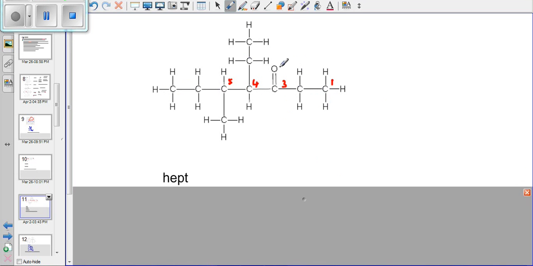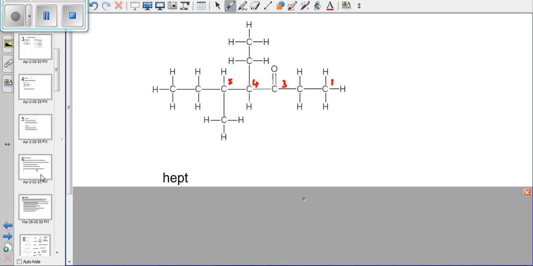Then we must start naming from the double bond. The carbonyl group must be part of the longest chain, and we see that the carbonyl group is on the third carbon. If we name from the left hand side, it will be 1, 2, 3, 4, and the carbonyl group will only be on the fourth carbon, so we must have it as low as possible in terms of numbering. So the third carbon has the carbonyl group, so it's 3-one. And then on the fourth carbon we've got a C2H5 attachment,